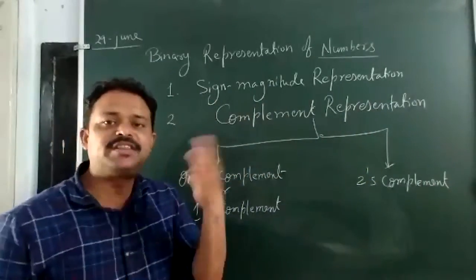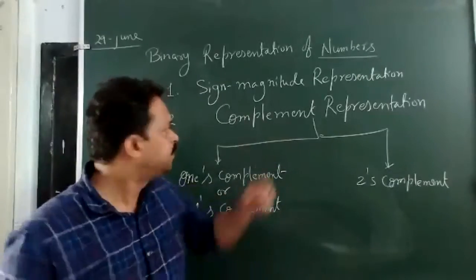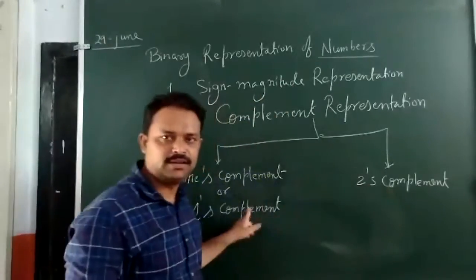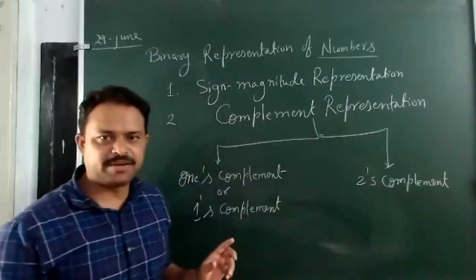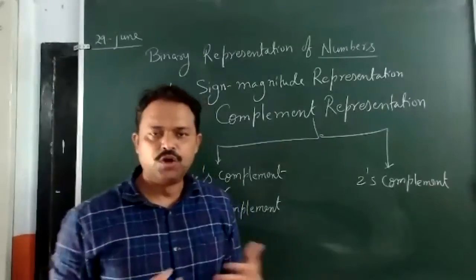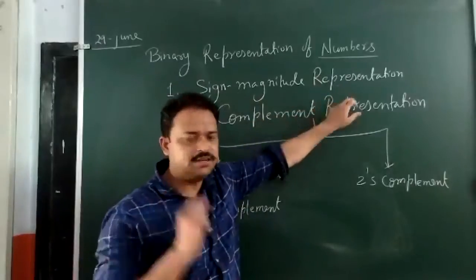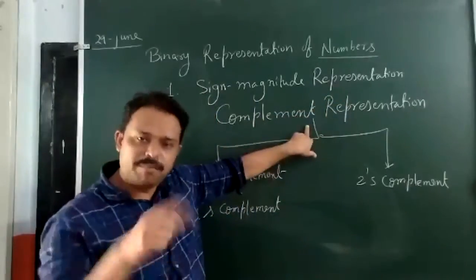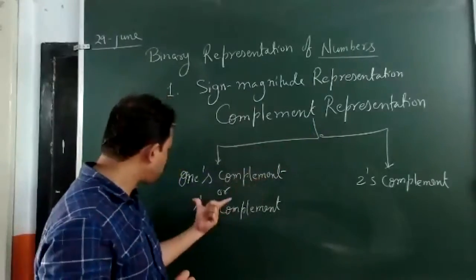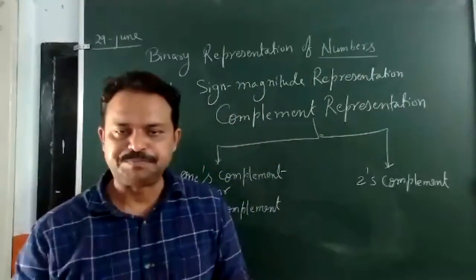Why did I say that we have three methods? In some books, it has been given as three methods: first, second and third. Or in other words, we have two different ways to represent any positive or negative value. Sign magnitude representation is the first method. Complement representation is the second; in complement representation, we have two more classifications, one's complement and two's complement. That much only.